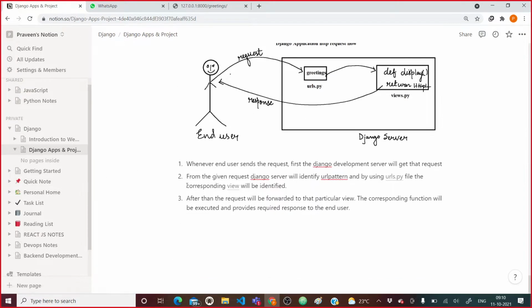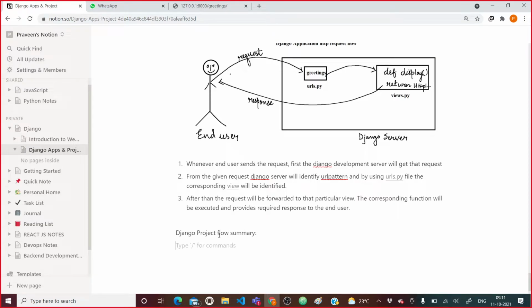So now I will try to summarize how a complete Django project is created. I will say, Django project flow summary.